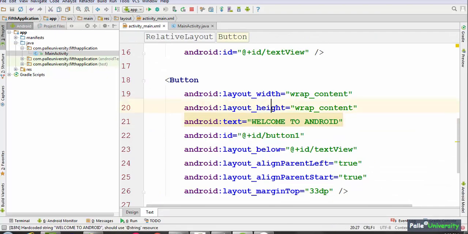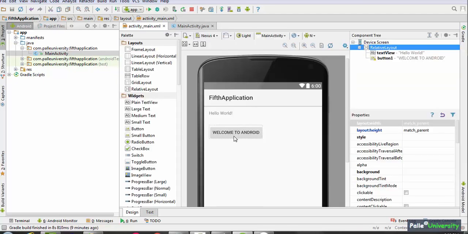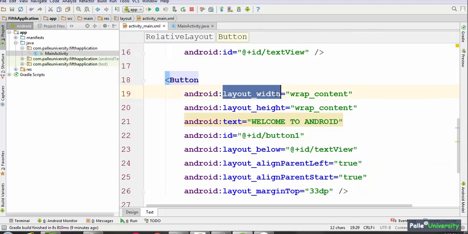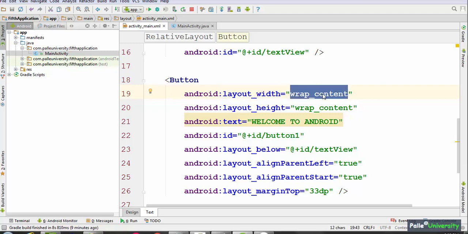Next property is height, layout underscore height and layout underscore width. We know that a button is a rectangular box because it is a view. Since it is a rectangular box, every rectangular box will have some width and some height. The width property says how much width to be occupied on the screen.